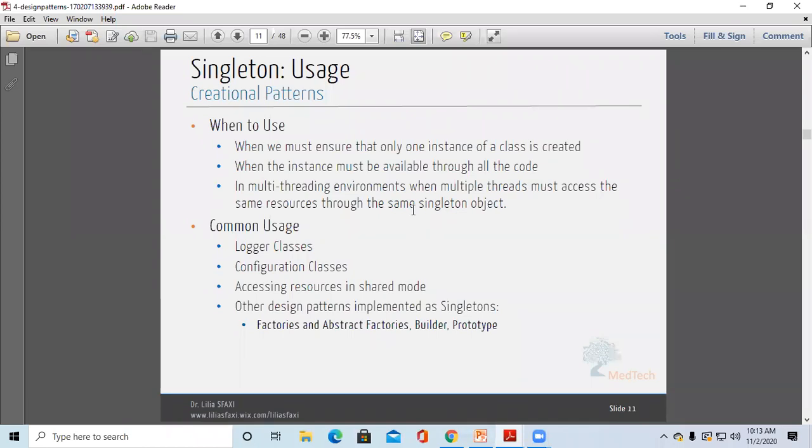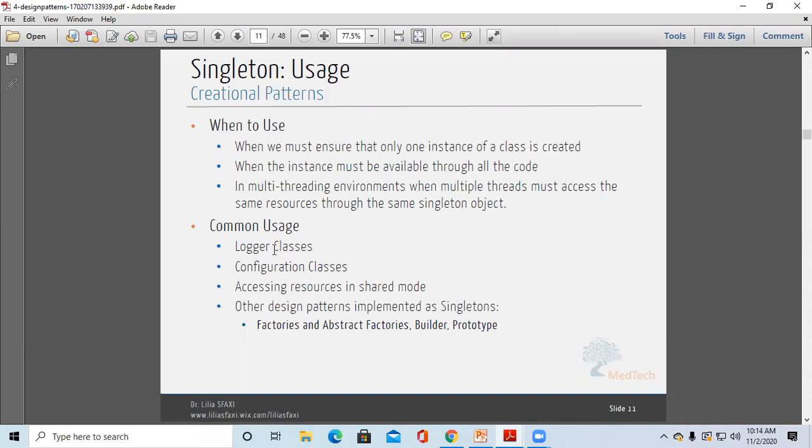Whenever we create a multi-threaded program, and we are sure that multiple threads will access the same resources, at that time we can create that singleton object for that class. Okay, then what are the common usages of that singleton pattern?